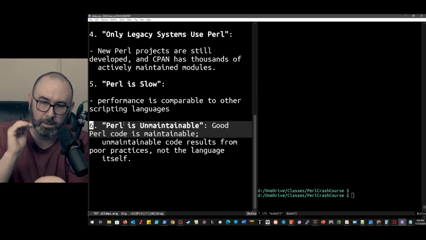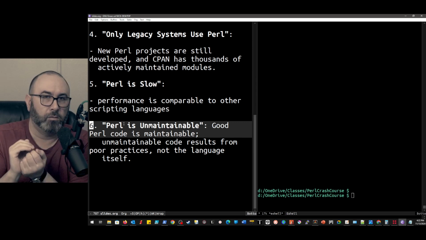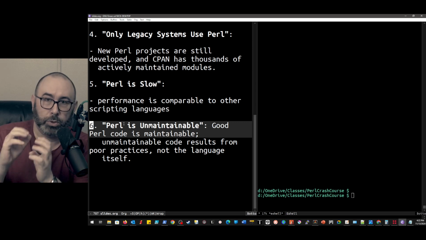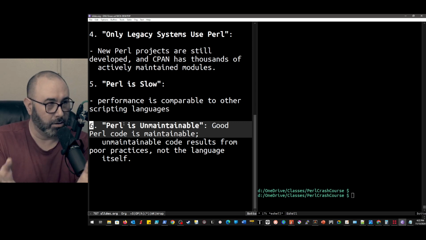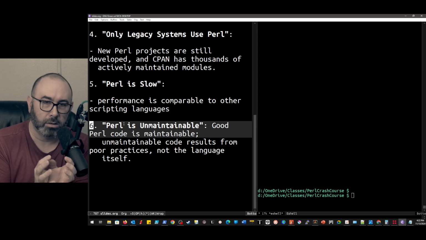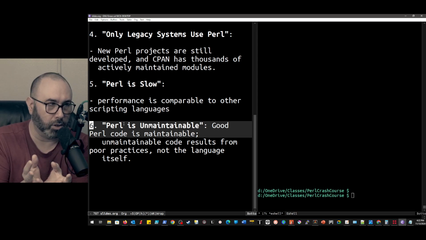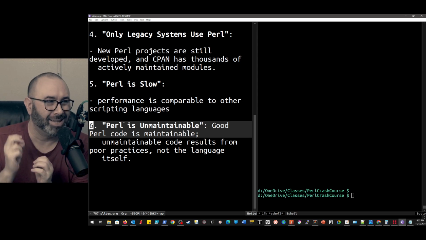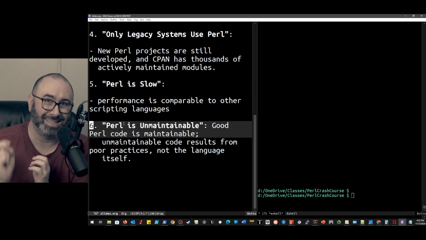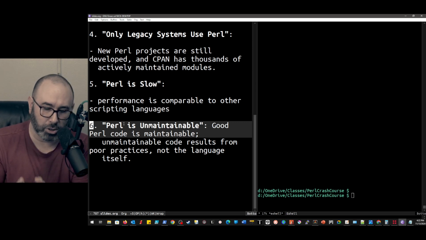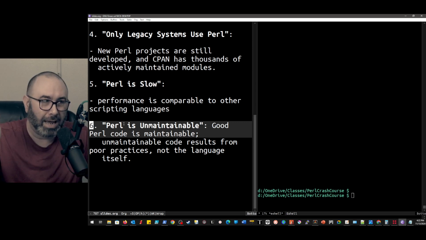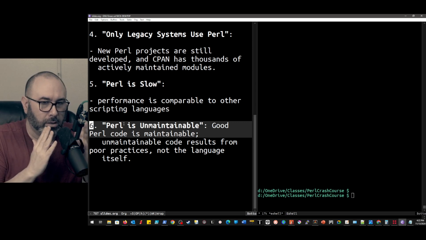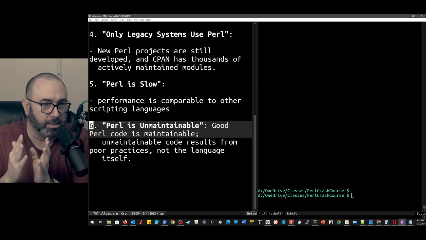Perl's use case is it's really good for prototyping, right? Putting together an initial attempt at, hey, I think we want to write something that does this. Let me throw something together really quickly in Perl and get it working. Because one of the great things about Perl is the speed of development is insane, especially if you're coming from a shell scripting background. You know how fast you can put together a shell script. Well, Perl is like the halfway point between shell scripting and an enterprise language, right?